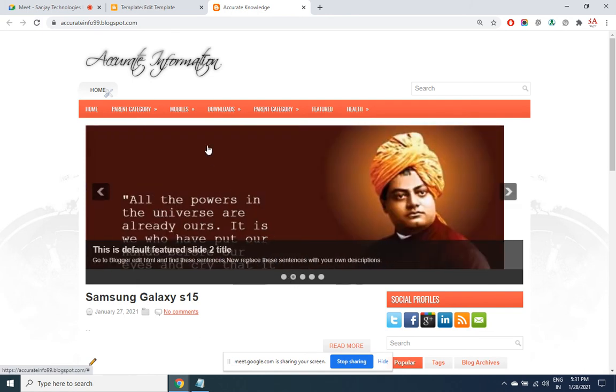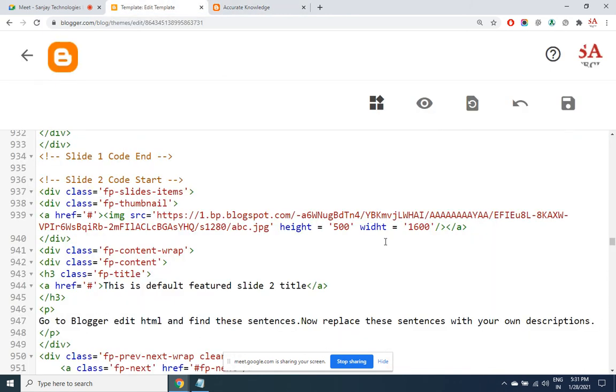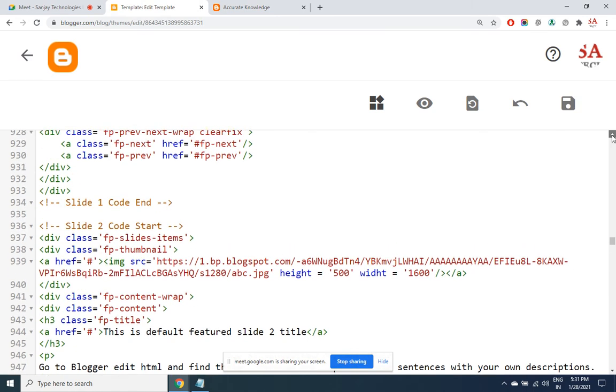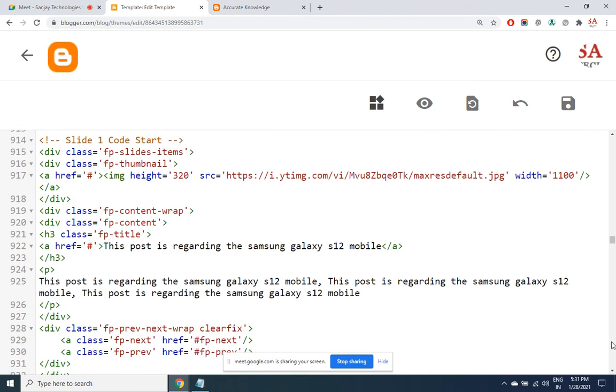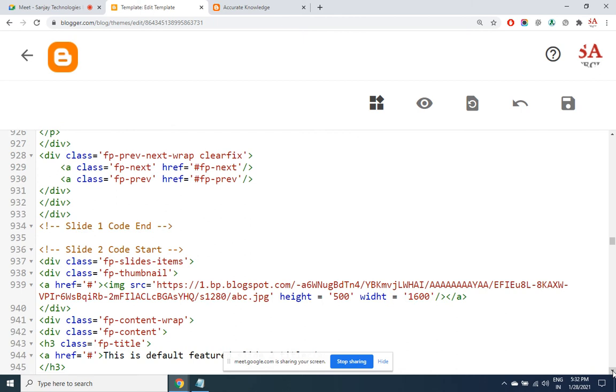Sanjay, please check the spelling of width. Oh, sorry. I think there's a syntax error also, let's see. No, that's correct, right?